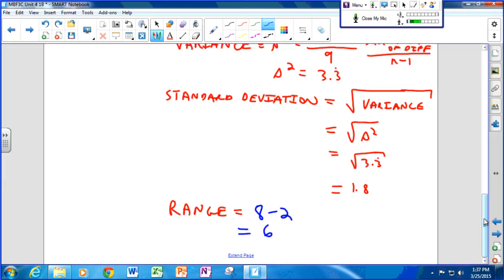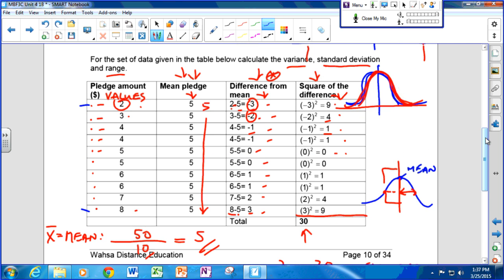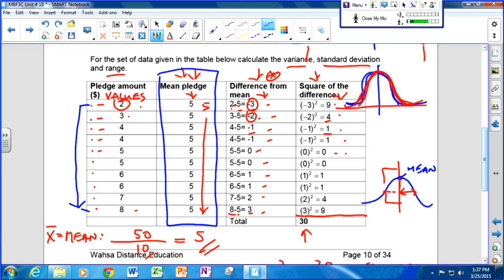Okay, so there we are. We've worked out the variance, which took a little bit of calculating. We had to make a table of all of the values. Then we found the mean, which in the text they put in the table. You really don't need to because it's the same for each column, but you do need it to calculate the